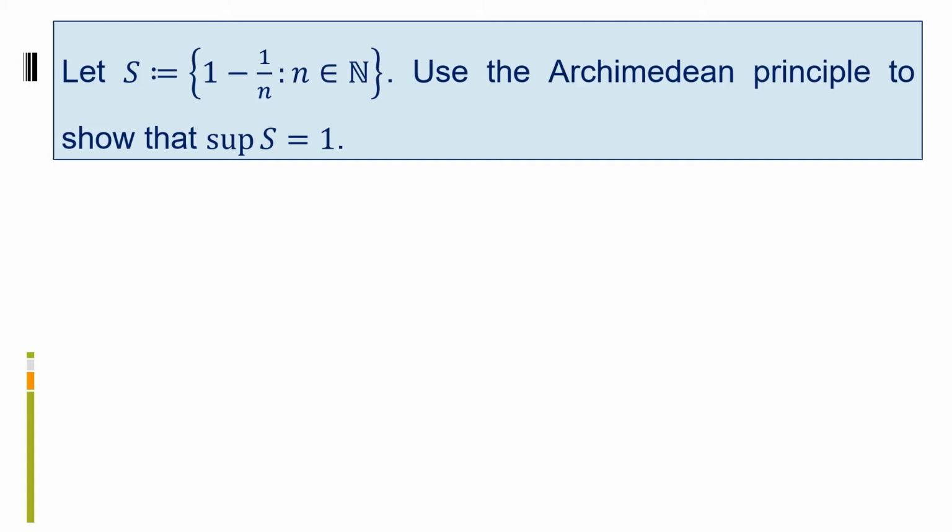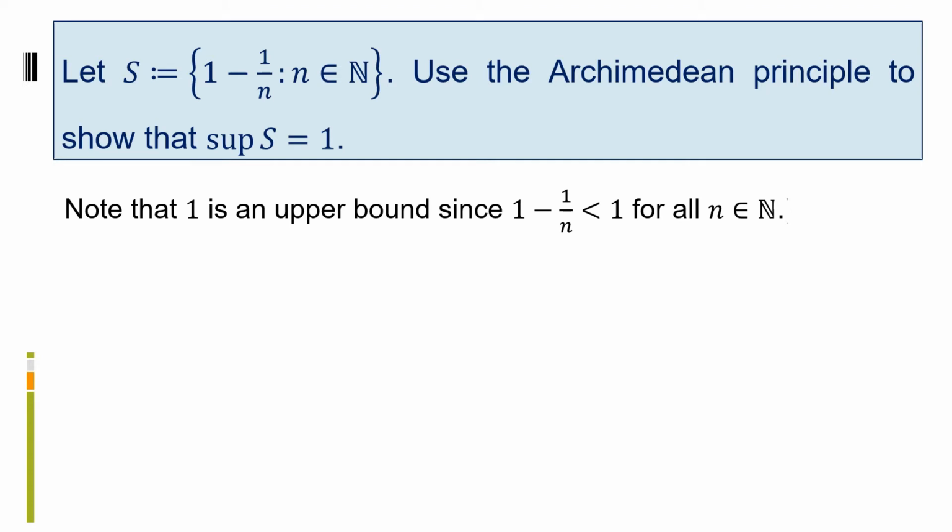Let S be the set of 1 minus 1 over n, where n is an element of the set of real numbers. Let's use the Archimedean principle to show that the supremum of S is equal to 1. To prove this, we should note that 1 is an upper bound since 1 minus 1 over n is less